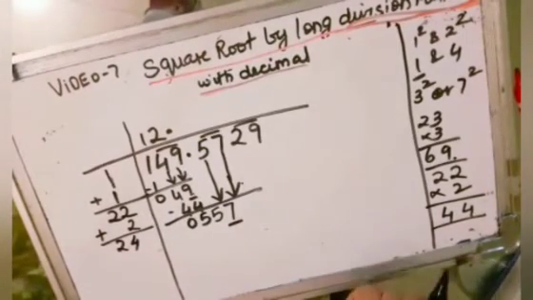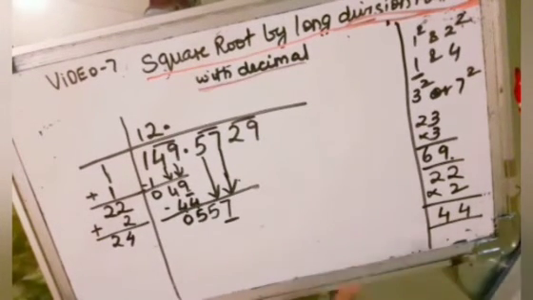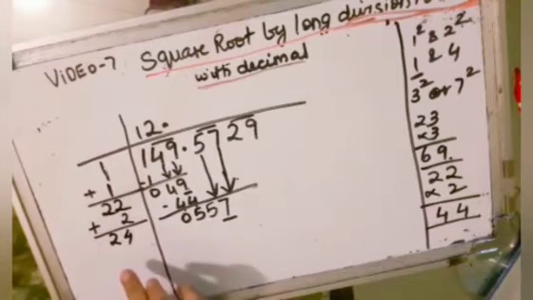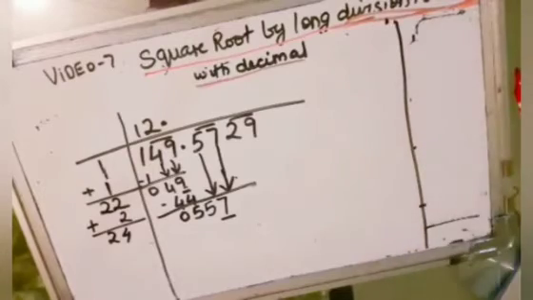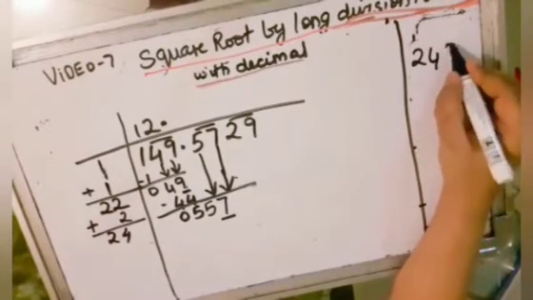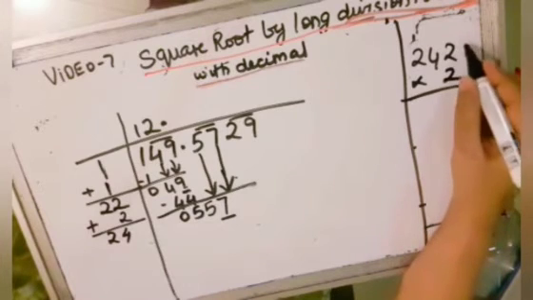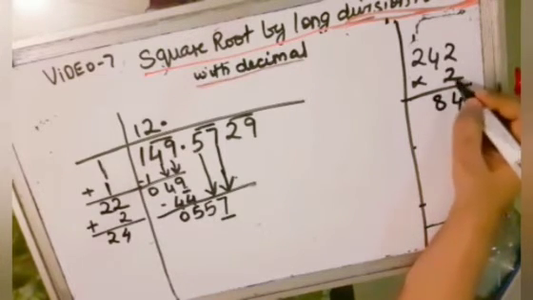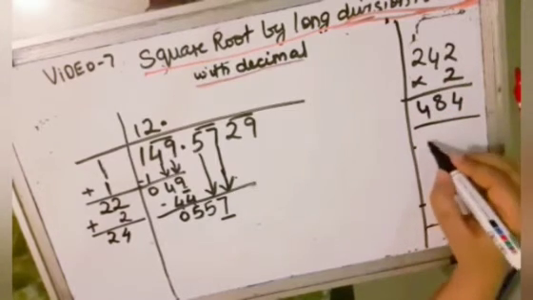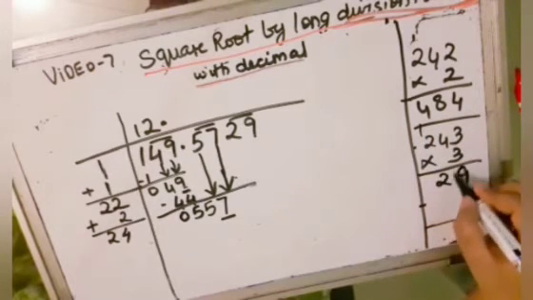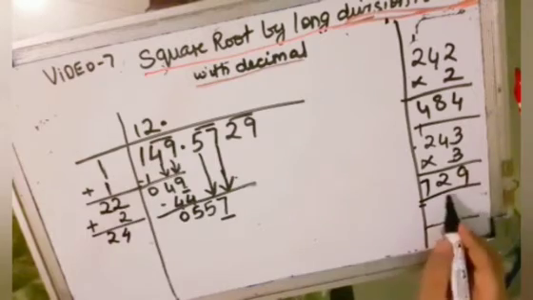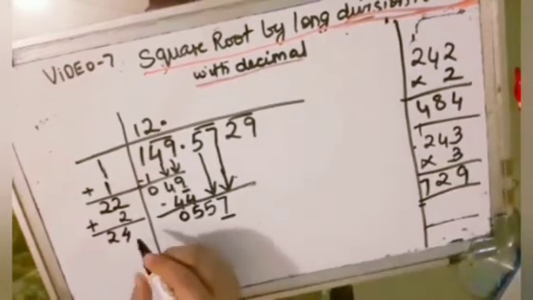There is no square with 7 as a last digit. So now we have to go by the nearer number which we can take. So 24. First we can go by 242 into 2 because it's a big number. So again you are multiplying, 2 2s are 4, 2 4s are 8 and 2 2s are 4, that is 484. But if you go for 243 into 3, it will give you 9, 3 4s are 12, 3 2s are 6 and 1, 729. So this would be bigger than 557. So therefore we are going with 484.